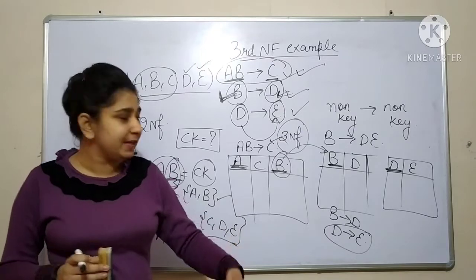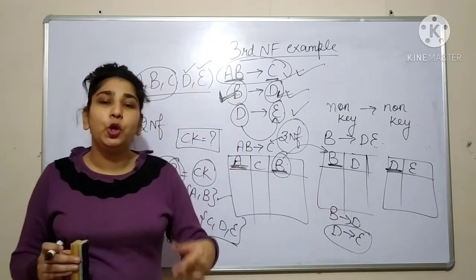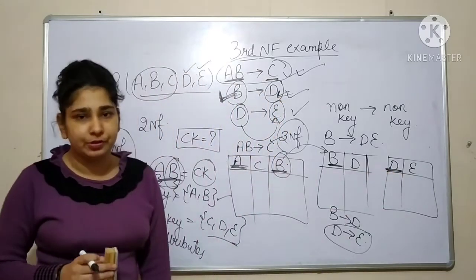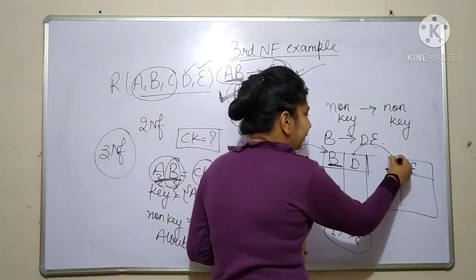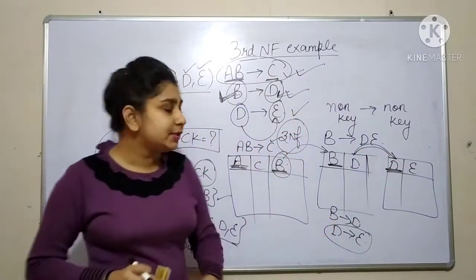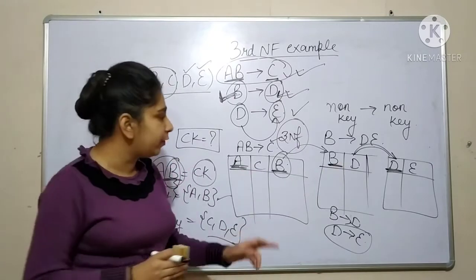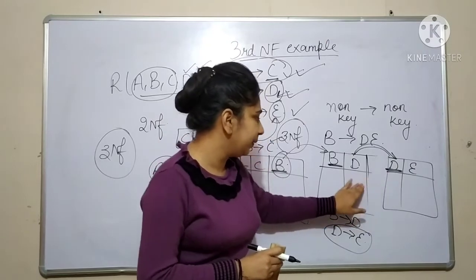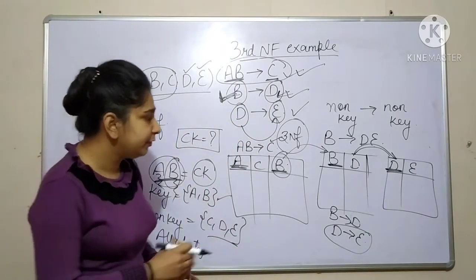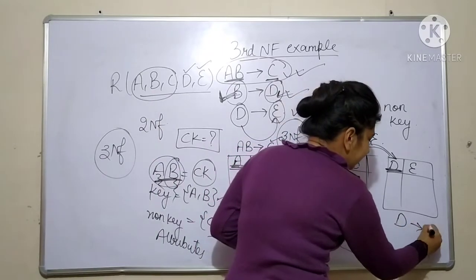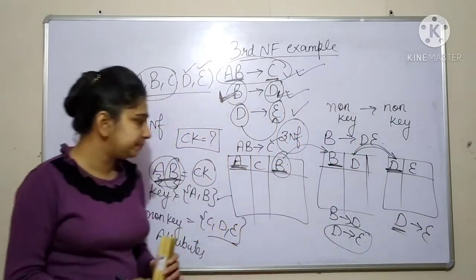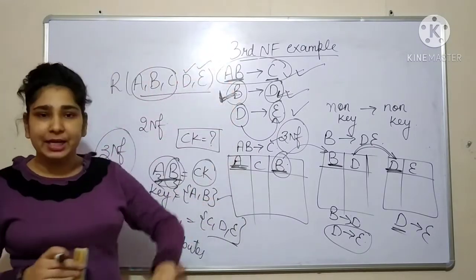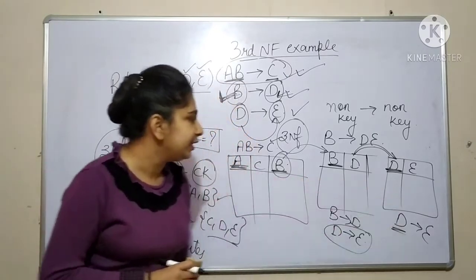Data that is present 10 times in the BDE relation, you would be storing only one entry in the DE relation. And this D is referring to it. Okay, this common attribute is really helpful for you if we have to join these two relations. So this way, if you look at it, the functional dependency here is D to E. Okay, so we have decomposed our one big relation into three relations.